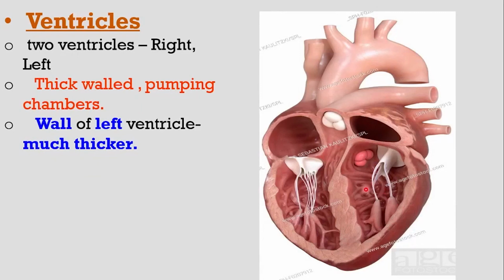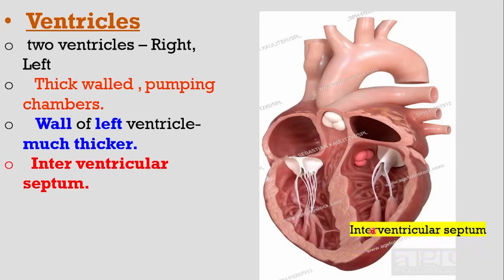As the left ventricle has to circulate the blood all over the body, it has a thick muscular wall. This thick muscular wall of the left ventricle brings strong contractions, creating high pressure to pump the blood to distant regions. This is about the wall of the ventricles. The right and left ventricles are separated by the interventricular septum. This is the partition present between the right and left ventricles.